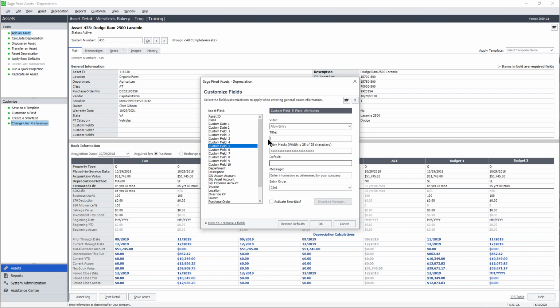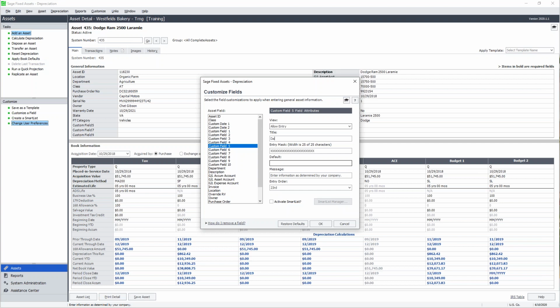I've seen people that want to break down the county. Maybe they have to do local property tax reporting, so they want the local entity listed. So we've got one of our custom fields we use for state, and you could add another breakdown there by county, and you could call it county. So project code's another one I've seen. People want to identify the project code an asset is part of. So whatever works for you, whatever you want to call this,